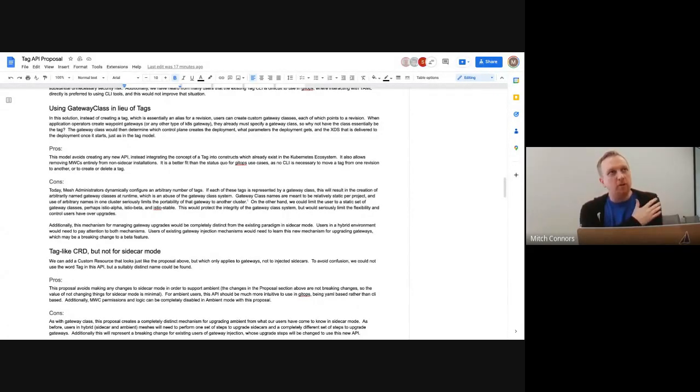Using config maps in lieu of a CRD is completely viable from a technological standpoint. It will work well for GitOps users. It will eliminate mutating webhook configs for ambient only mode. That's all great. However, if we view it as an intermediate step to later introducing an API, we're again asking our users to change their integration point. For the first year, you can modify this config map and it will change how things are upgraded. Then a year later, now you're going to need to learn about a CRD that looks just like the config map that you'll need to modify. So I would not be in favor of considering that as an intermediate step. As a permanent step, it could work.